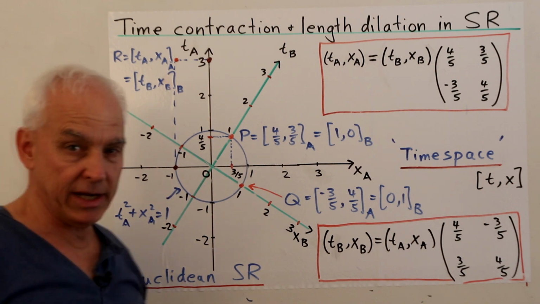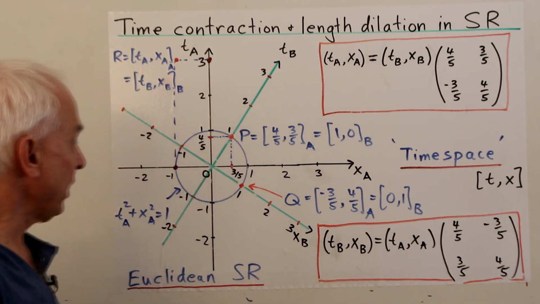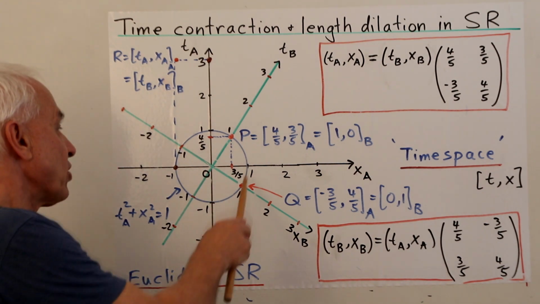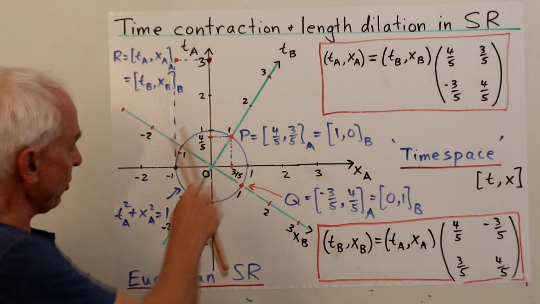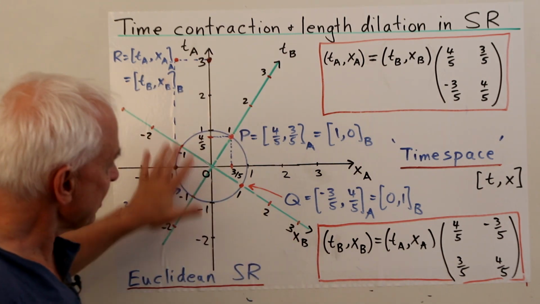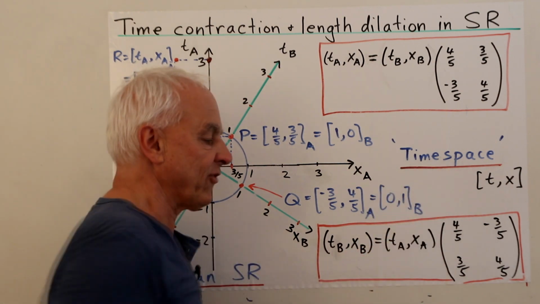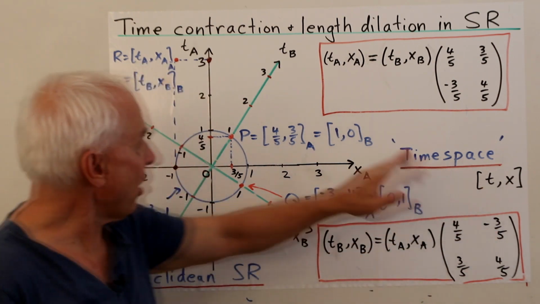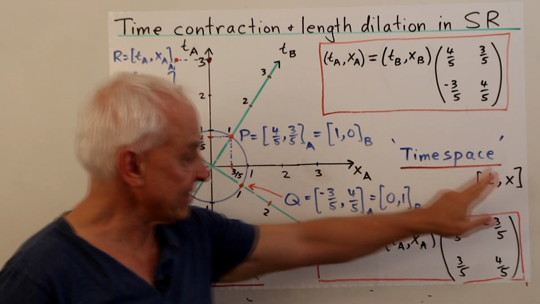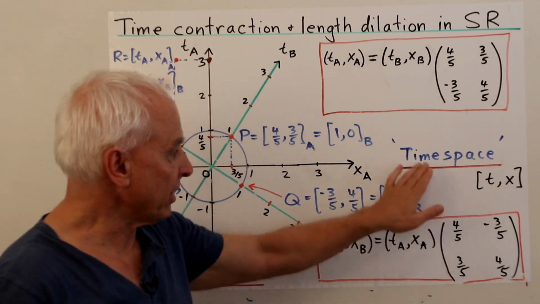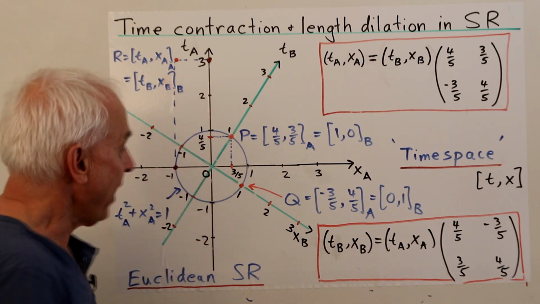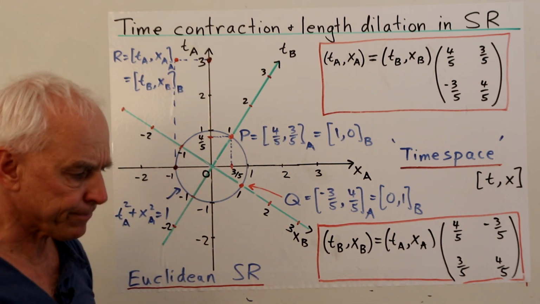So it's just really Euclidean geometry, and Euclidean geometry is all about, in some sense, the consequences of looking at a circle. This is the unit circle with the equation x squared plus t squared equals 1. So this whole space here, we're going to think of as time space. And crucially, we want to regard this vertical axis as the first axis and the horizontal axis as the second axis. Okay, that's why I'm calling it time space, because we're going to interpret this direction as representing time and this direction as representing space.